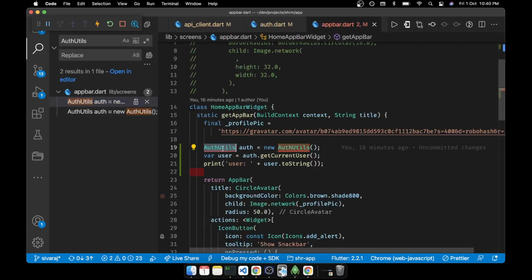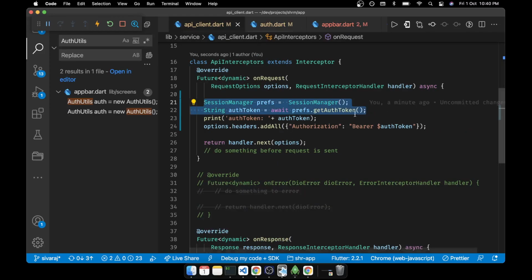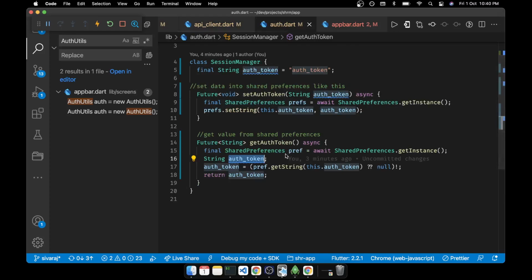Now 2 more places are there. App bar, we are trying to initialize with the client, then get the token. So I think these things also we can wrap within the auth part itself. So maybe from the token we might have to do the decoding, correct?